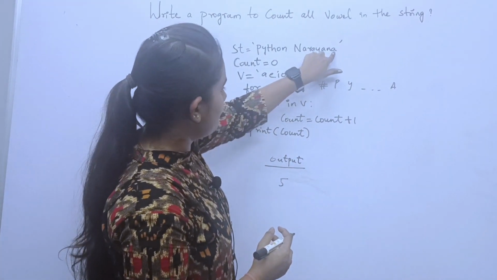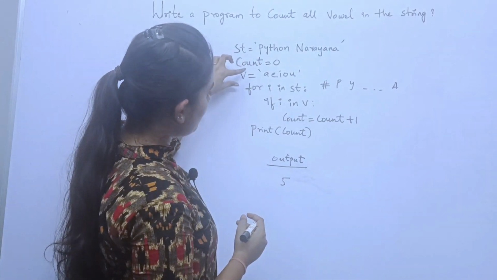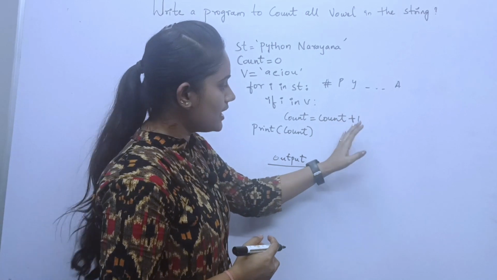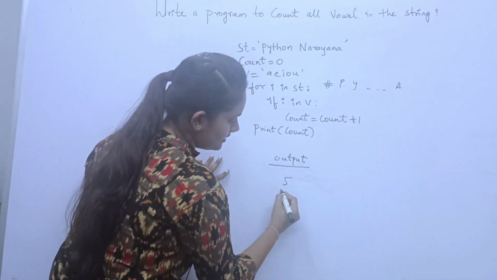Next time we take the A value. The A value is available in the vowels, so the count is increased: 4 plus 1 equals 5. So the resultant output is